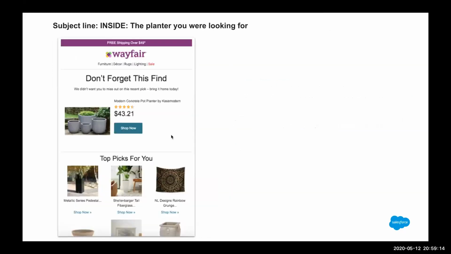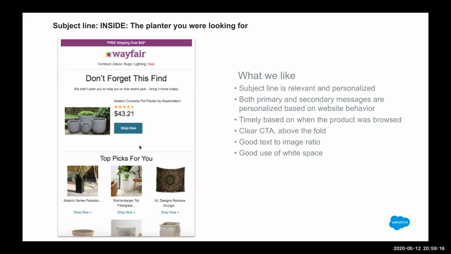But in this email, there's a good use of white space. So they're maximizing the various sections or blocks within the email without overdoing it. It's not too much on the eyes. There's a really good balance between the white space, the images, and the CTA button.